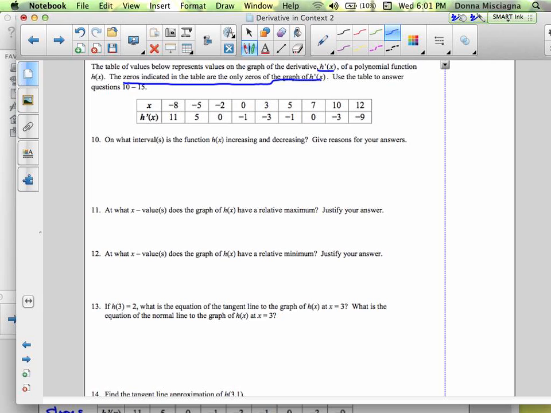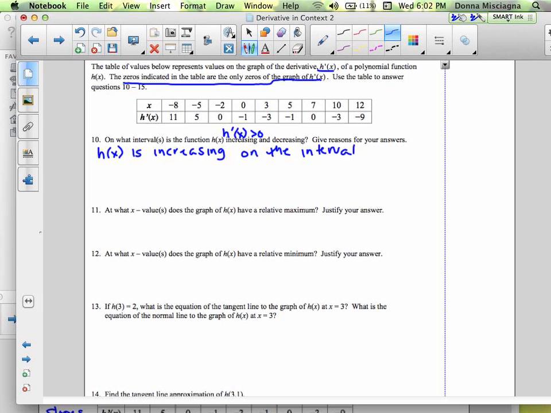All right, so on what interval is the function h of x increasing and decreasing? So h of x is increasing where h prime of x is greater than 0. So that means that h of x is increasing on the interval. Now we're not going to start with -8 because it says these are the only zeros. So that means the slopes are going to keep getting more and more positive, right? So that means our graph is going to keep on increasing, no matter what,